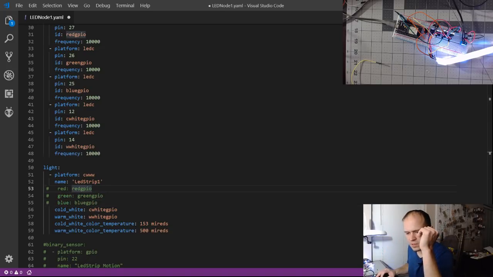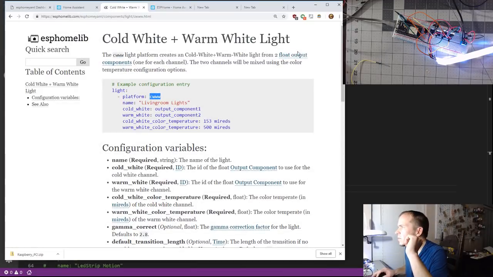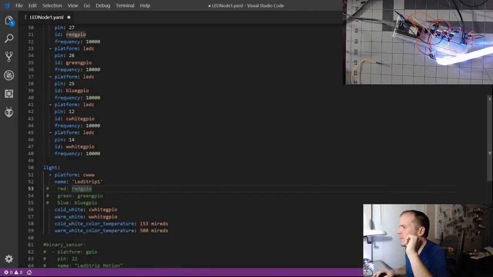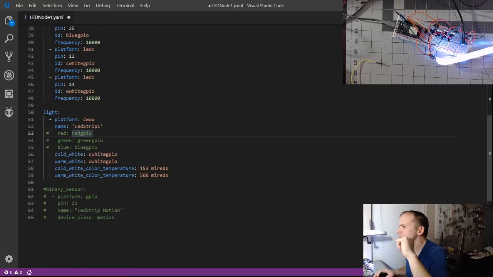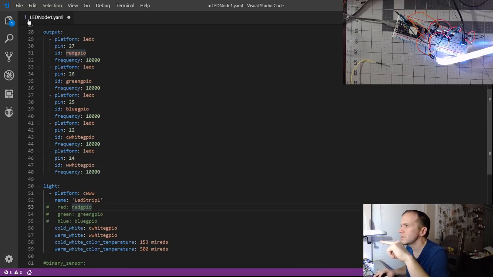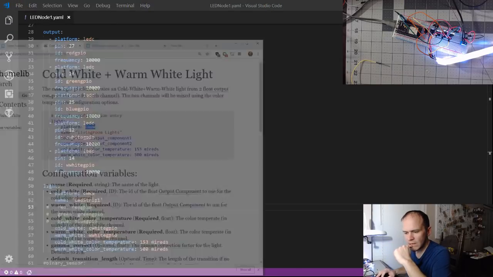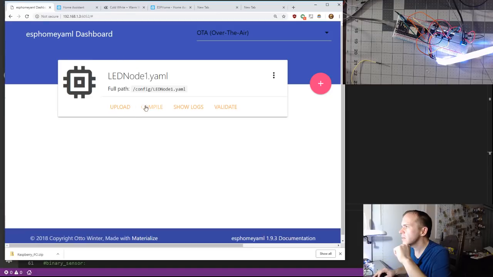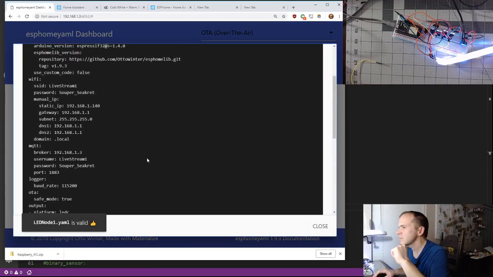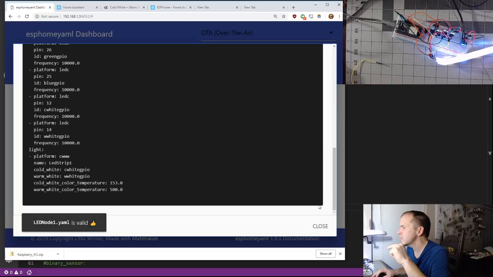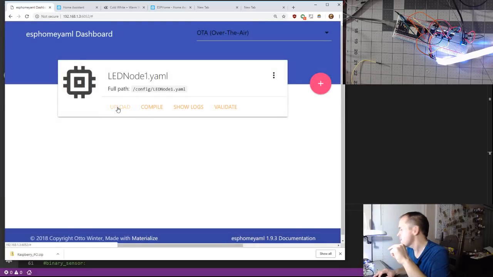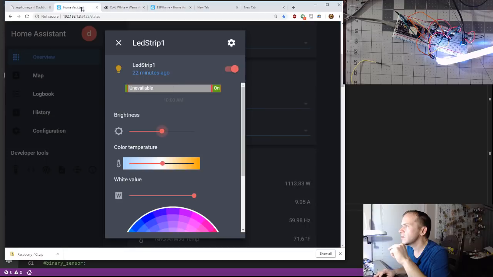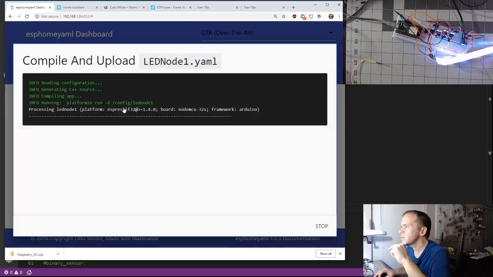Does it still want the MyReds, if I'm saying that right? So we'll comment those out with a C white, W white, warm white, and it should be okay. I should be able to leave these outputs on. Maybe let's see if it flips out on us. Let's validate. Yep, it didn't flip out on us. I guess because you don't use them, it just doesn't connect them. So let's turn this. Oh, we'll upload it.